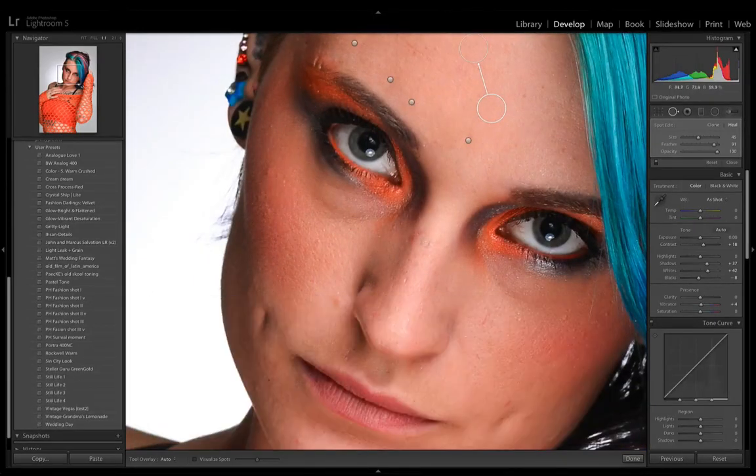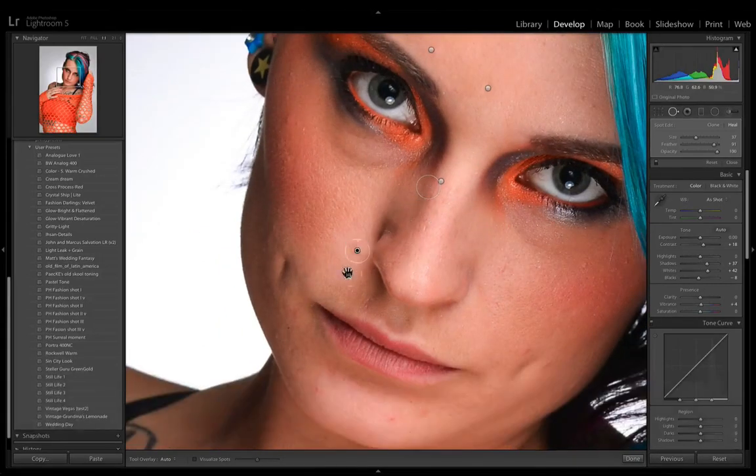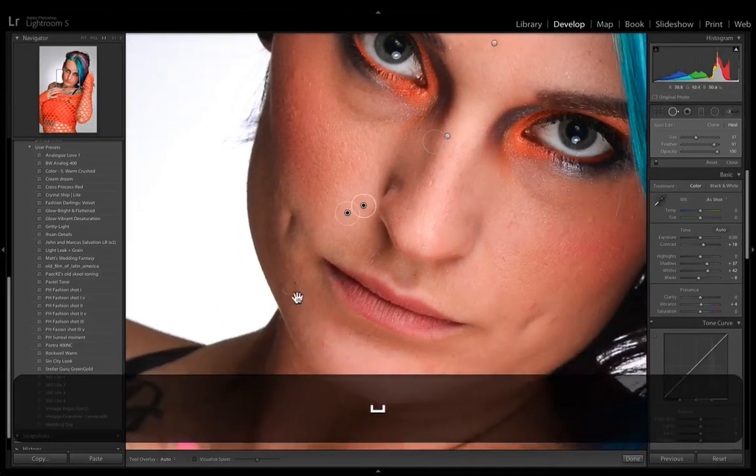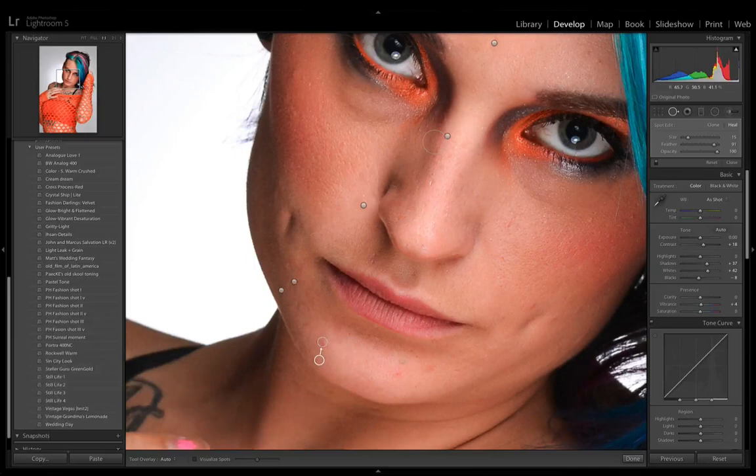And there's a little sort of red spot right here. I'm going to tell it to choose right there. So you click on that source spot and you can move it around, and you can see it's going to kind of grab the texture from a different spot on her face. So here we go, just a little bit here. There's a little dot. Nothing serious, but the camera is just not very forgiving when you have tiny little